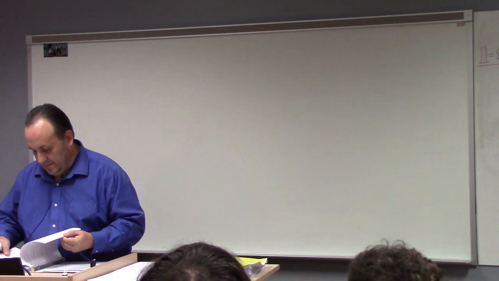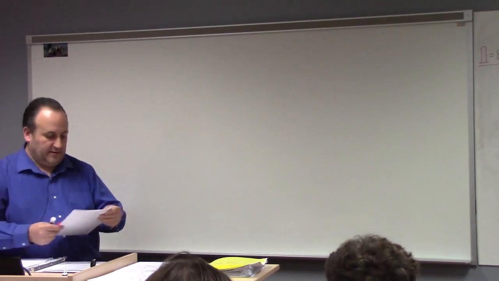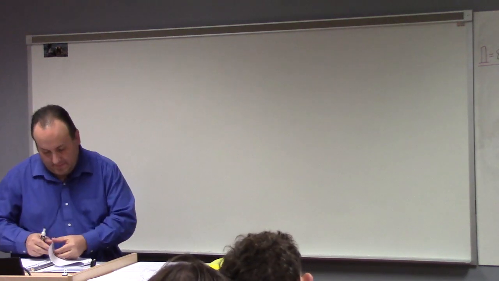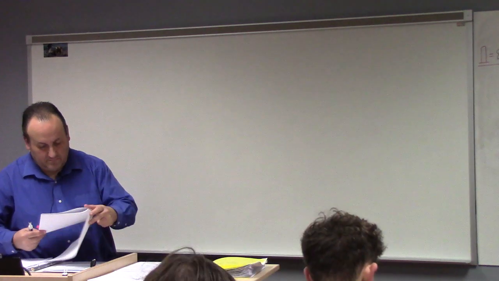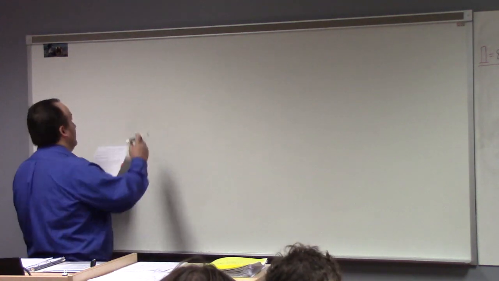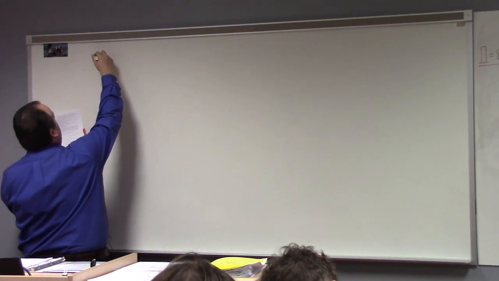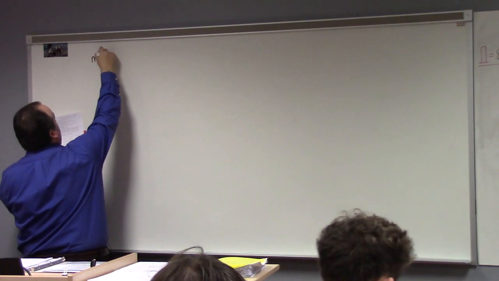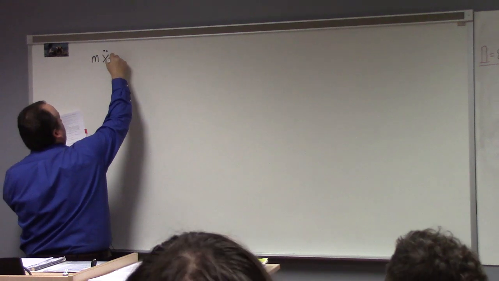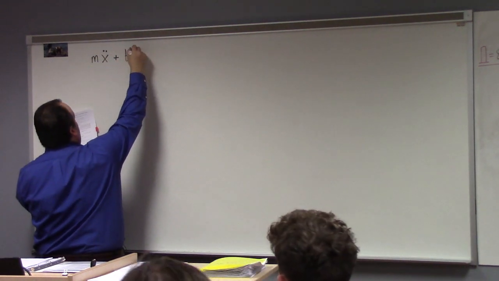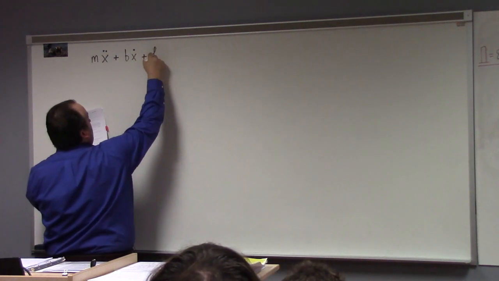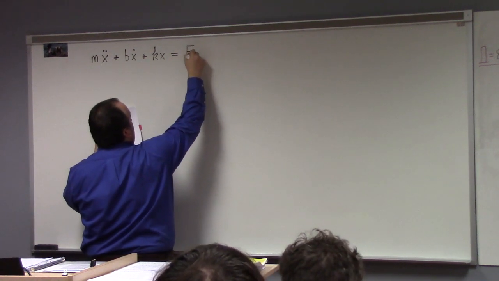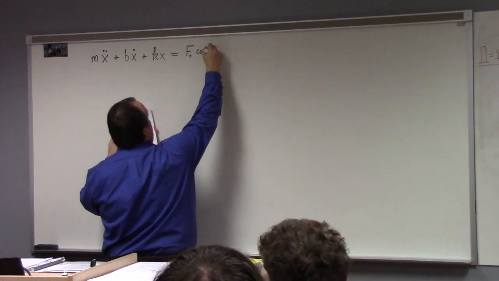So today I want to talk about a slightly more interesting problem perhaps, and that's the problem of resonance. Just to set up the problem, we're going to look at m x double dot plus b x dot plus kx equal to F naught cosine of gamma t,